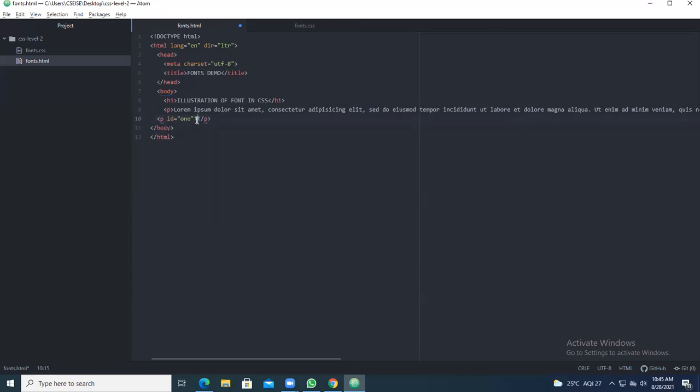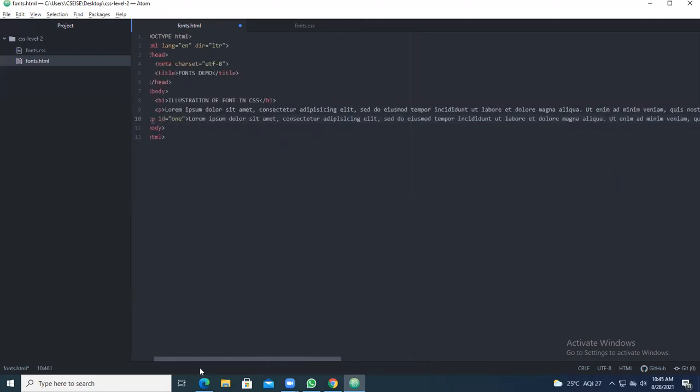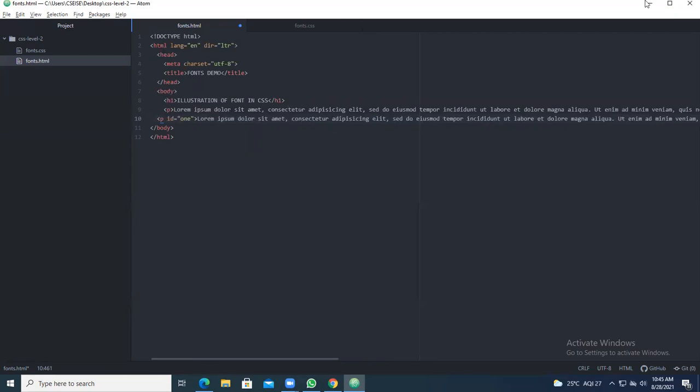Under that, again type Lorem ipsum. So I have taken two paragraphs, one without the ID and the other with ID.